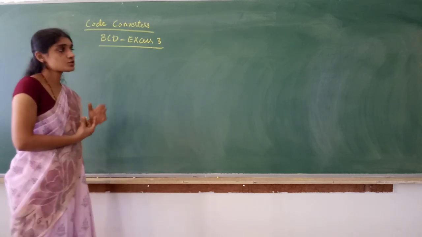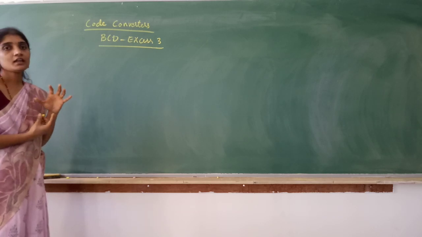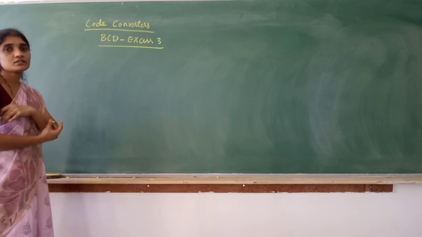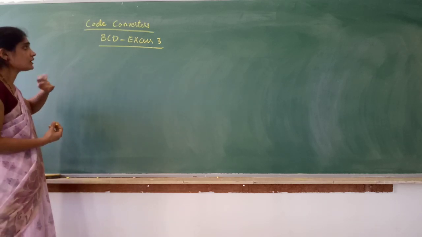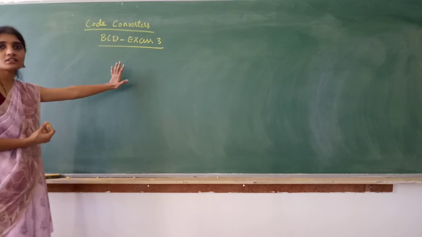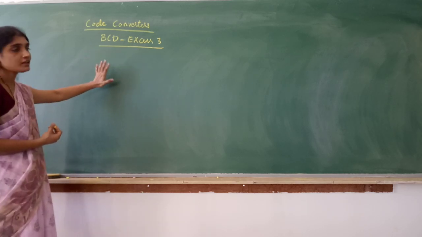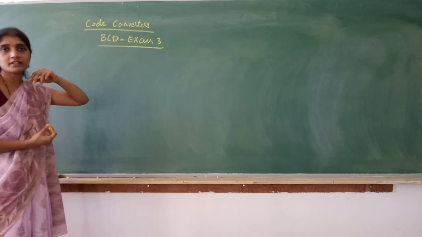Again, we have to construct so many tables here, so every table I will explain in detail. Let us understand the concept properly so that we need not memorize the tables. To start, first what we need is a truth table. Combinational circuit also we have to start from a truth table. We have to know for this input what the output is. Only then can we try to write the circuit.